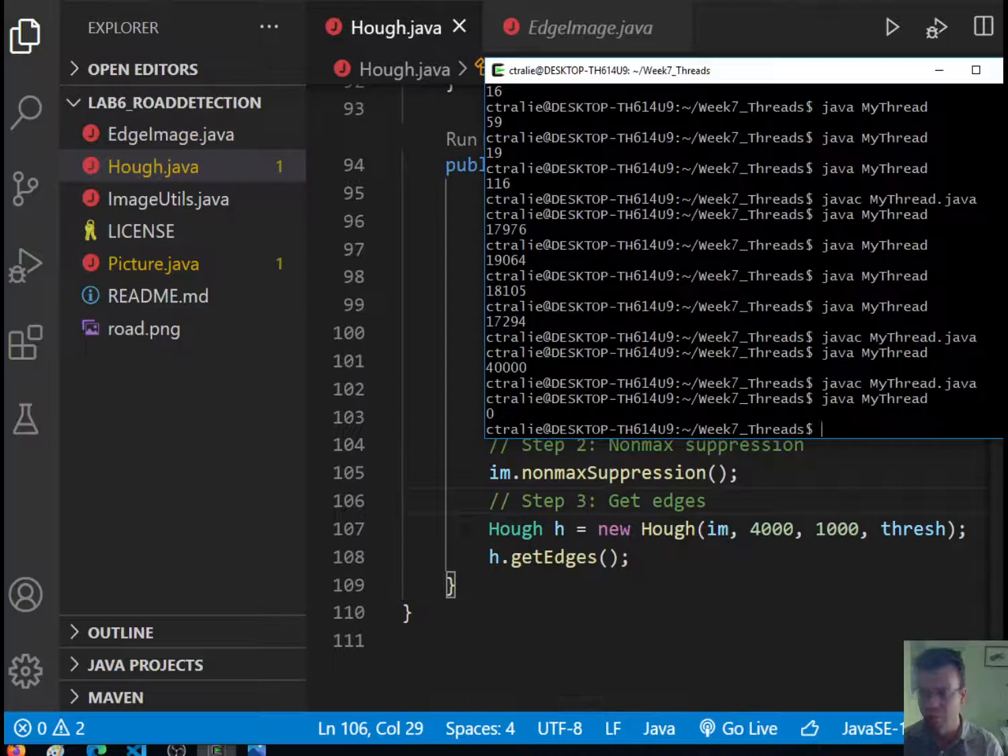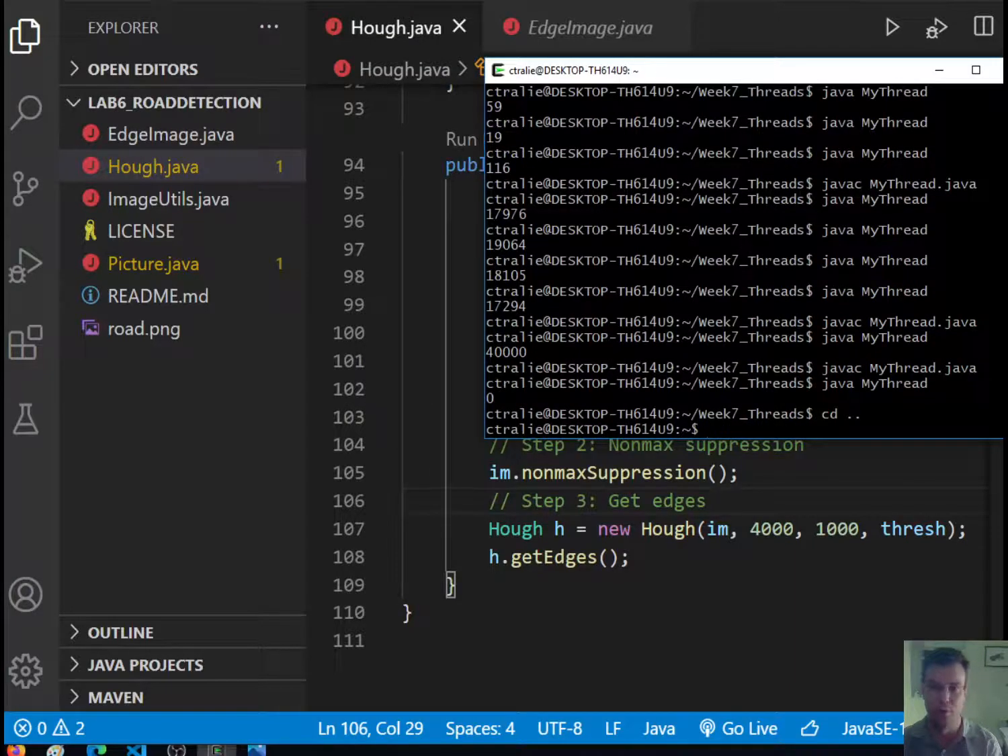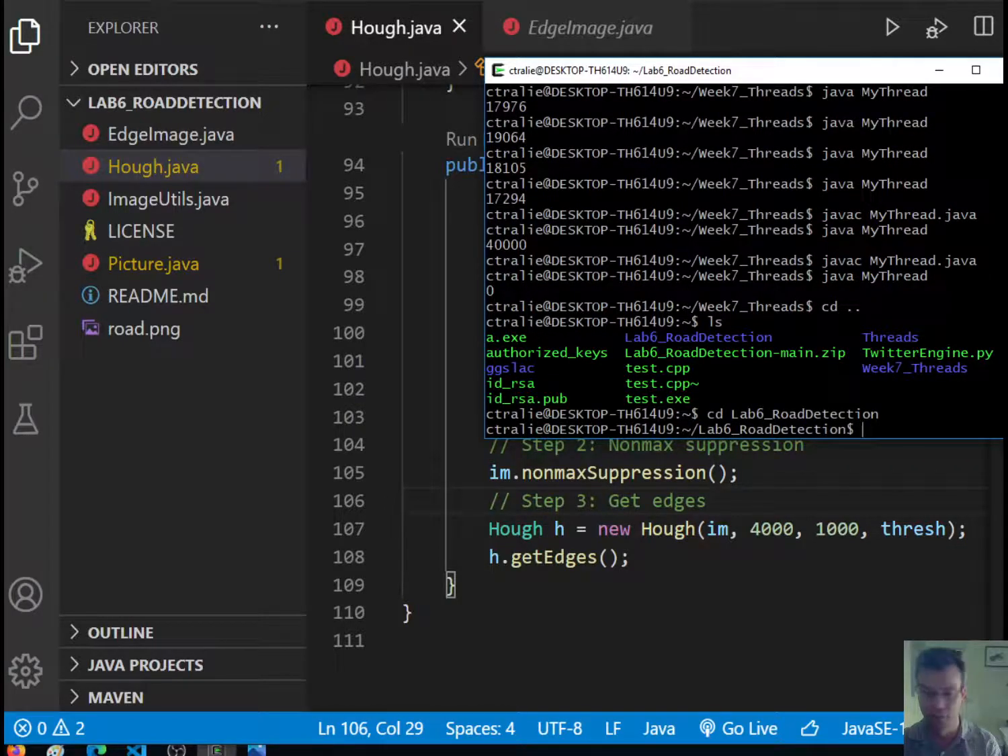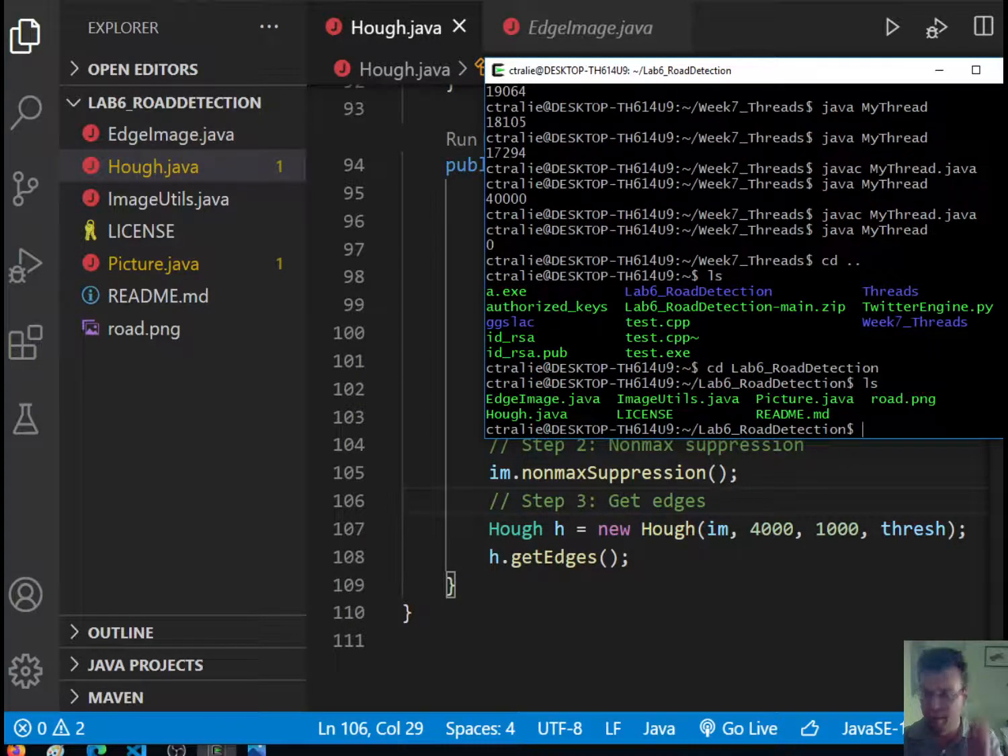So I'm still in the threads directory from before. So I can say cd dot dot. That will go up one directory. So now I see I'm here, if I type ls. And now I can say cd lab 6 road detection because it's also in that folder. So I changed into that directory, ls. Okay, here I am. So let me try to run this file hough.java. So if I say javac hough.java,